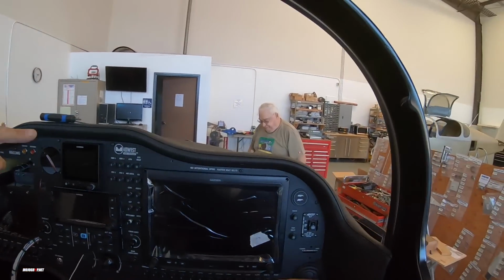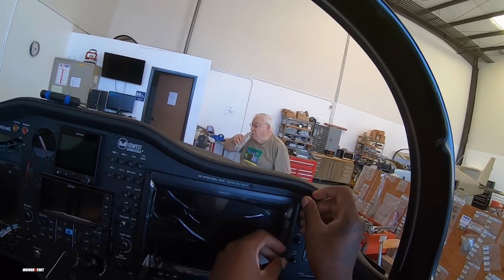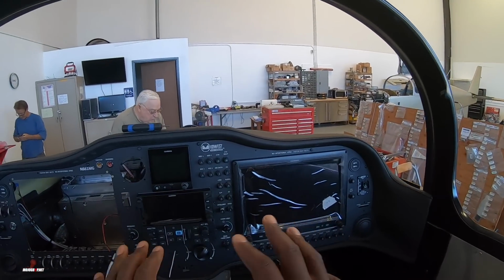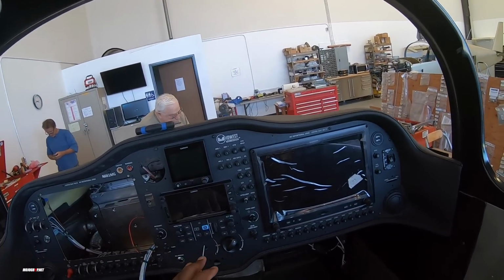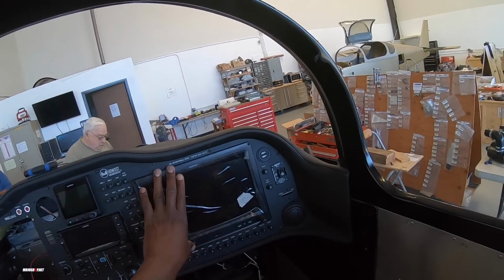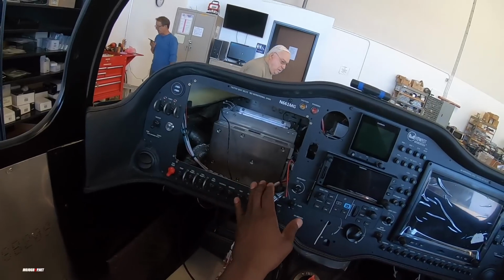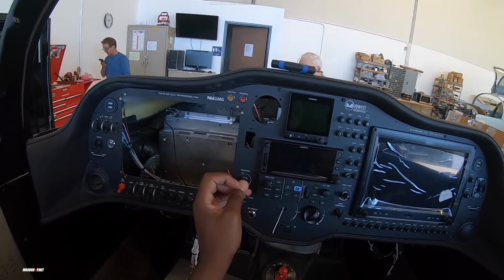All right, so in each corner, one for each corner. Let's do this. And again, just firm, not very tight. All right, so guys, you see we've stopped here. We basically went from the bottom up with the G5, the GTN 650, the autopilot, and we've installed the secondary G3X Touch. Now the reason why we're leaving this open is because we have to install the propeller